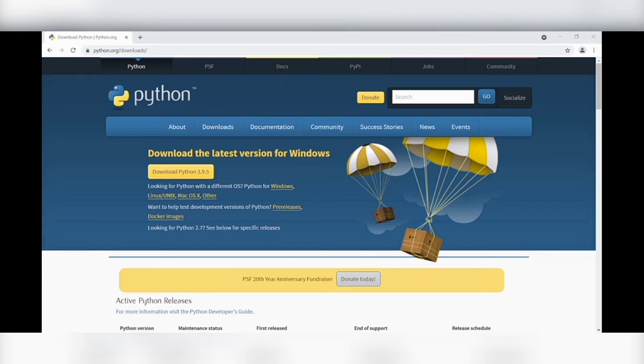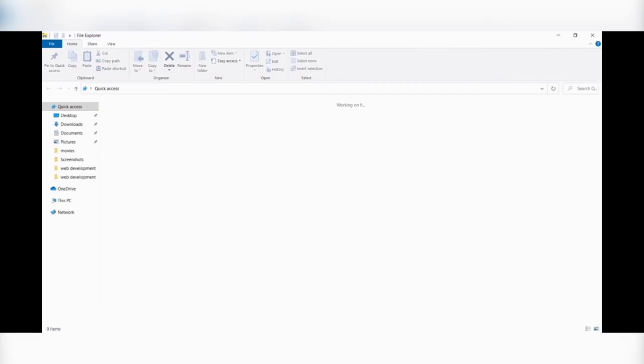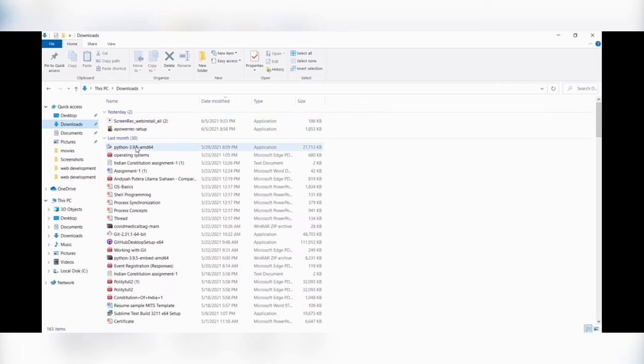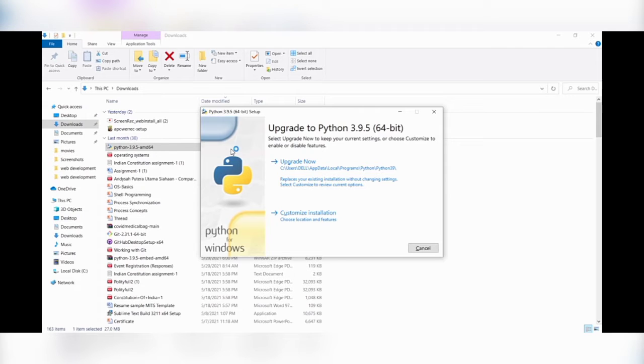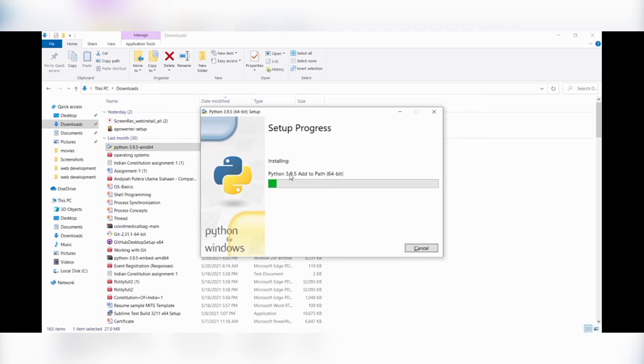Let's wait for some minutes to download. As it is downloaded, go to the downloads section, and here it is, the Python 3.9.5 application. Just click on that, as I have already installed it. Here I have already installed the Python software, so I am going to upgrade now.